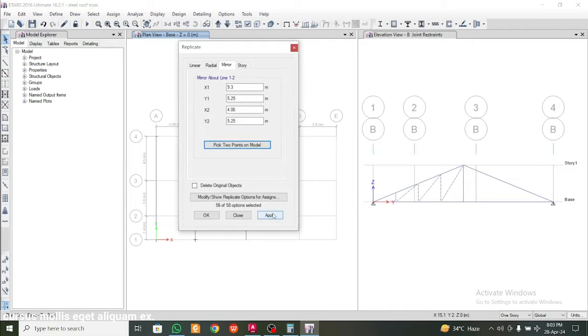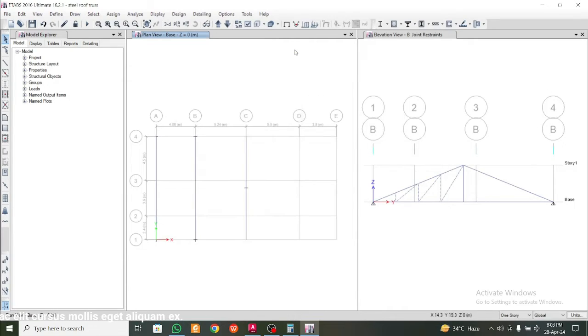So just hover over to apply. If you don't see this, then there is something wrong. Okay, so we'll just check again. These are the 2 points here. Let me just check once again,